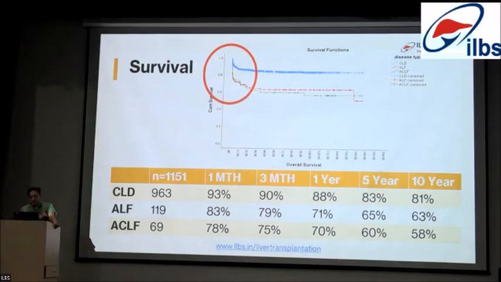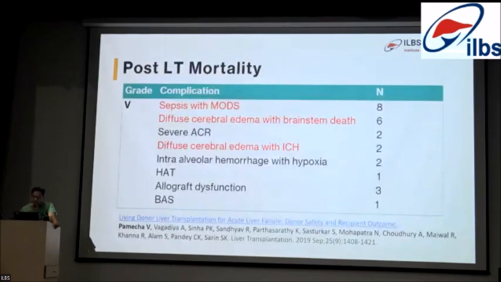Because this is a huge effort. Transplanting ALF and ACLF requires a lot of effort, a lot of resources, and also a huge financial burden for the hospital and for the patients as well. Because patients are on a package, you don't really realize how much the expenses can escalate in this type of patient. Okay, so how can we do it?